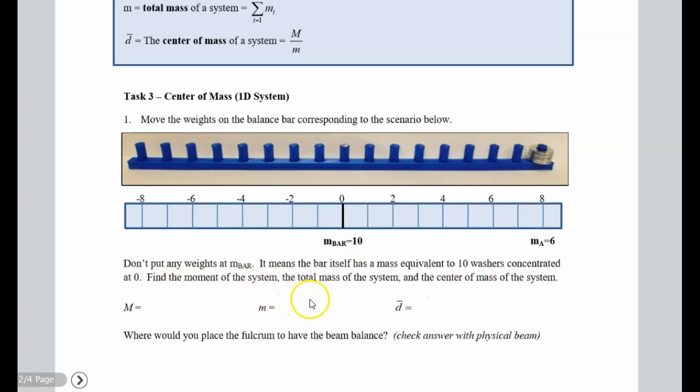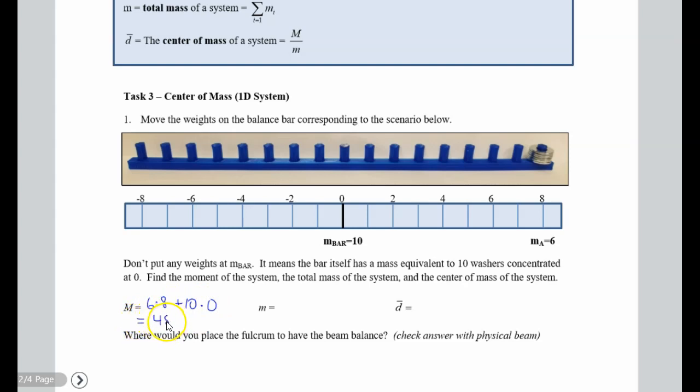So go ahead and find the moment of the system, total mass, and then the center of mass. So what we can do there is just calculate. The moments, I'm going to take mass times distance, so this 6 times 8. So we'll get that, guys. So 6 times 8. And then the 10 times, and it's at a distance 0. So we're going to add up 10 times 0. So this will be 48, and then 10 times 0, of course, is 0. So we just get 48 for that